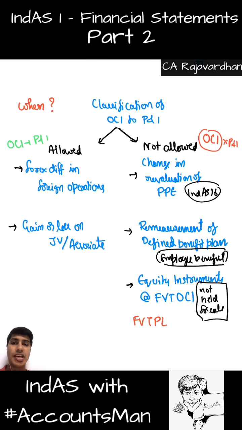So whenever you measure an equity instrument, there are two options. One is through other comprehensive income. Second one is through P&L account. If it is done through P&L, it will not be other comprehensive income. If it is done through other comprehensive income, it will come to other comprehensive income and it will not be reclassified to our P&L account. So this is the example for those cases where it is not allowed, and also for those cases where it is allowed to be reclassified to P&L account. So this is our discussion with regard to statement of profit or loss and statement of balance sheet and everything.